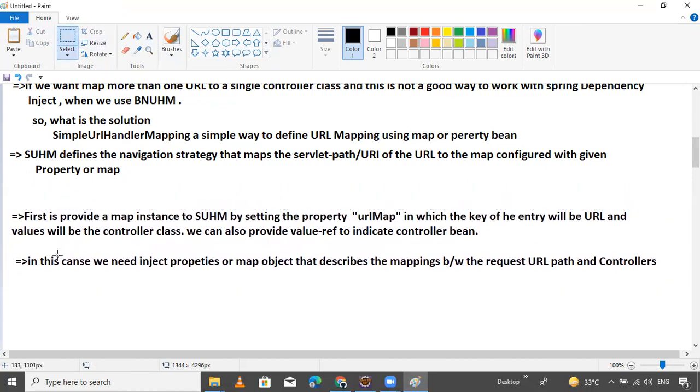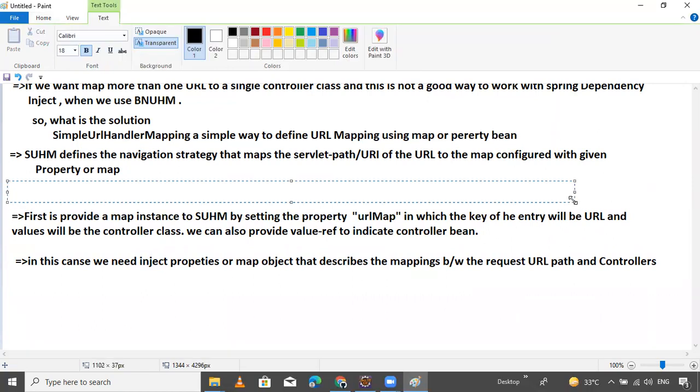Now I want to give one point to you guys. Write down: simple URL handler mapping supports two options to configure the mapping.